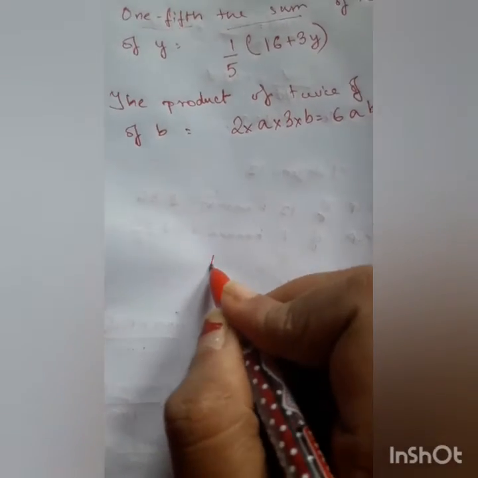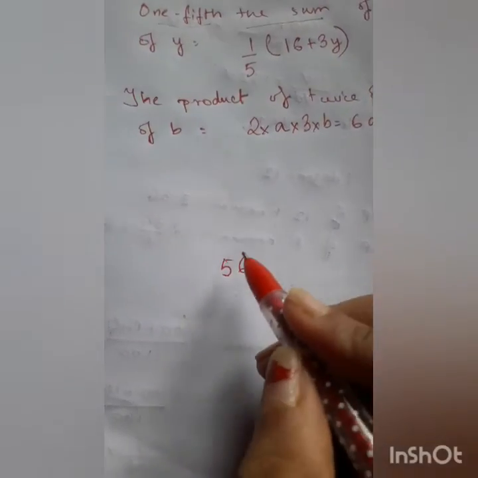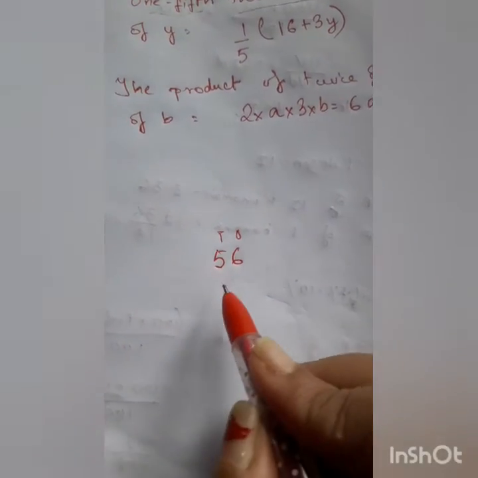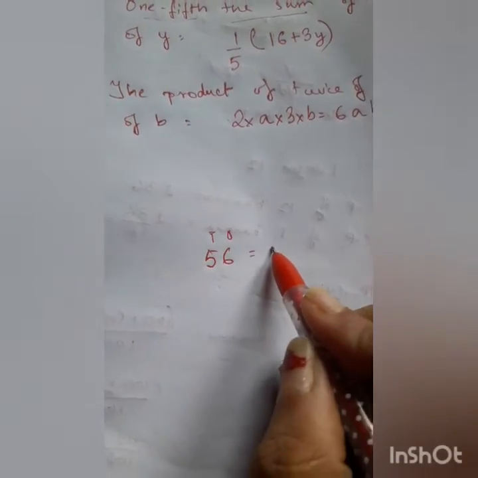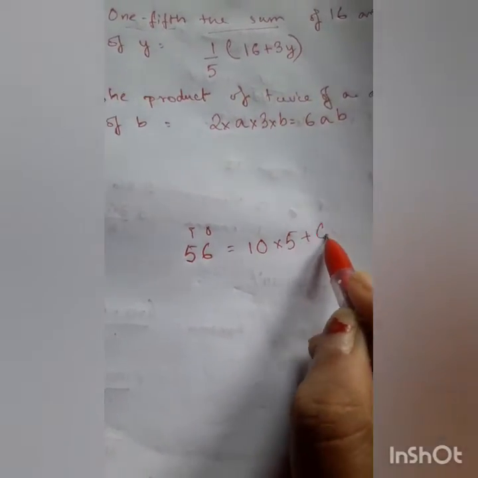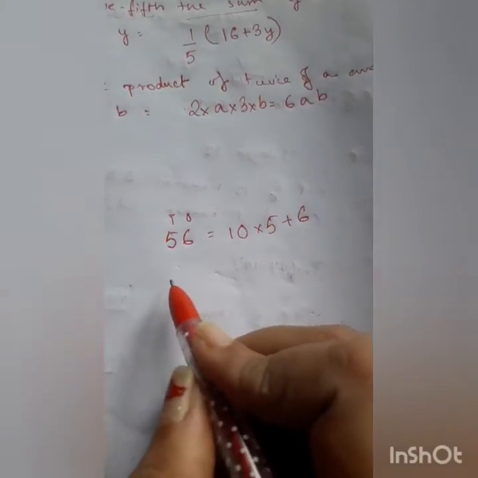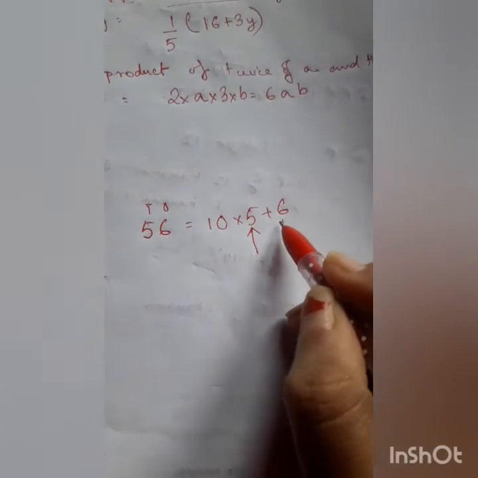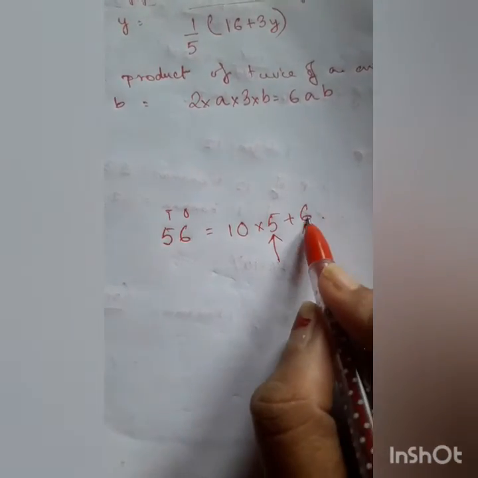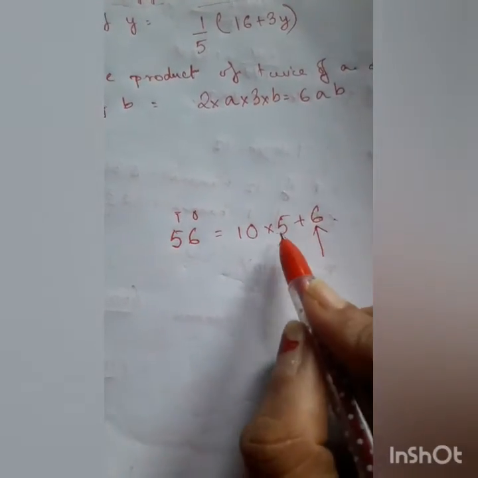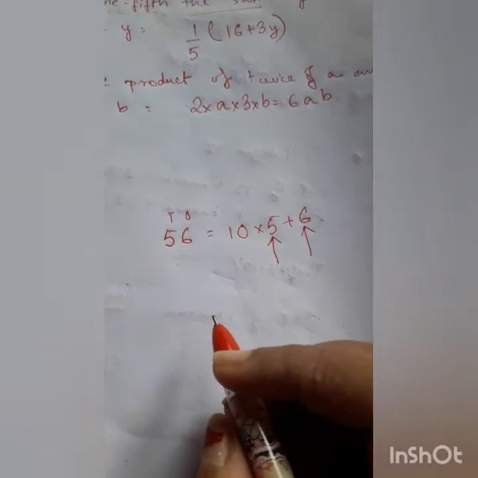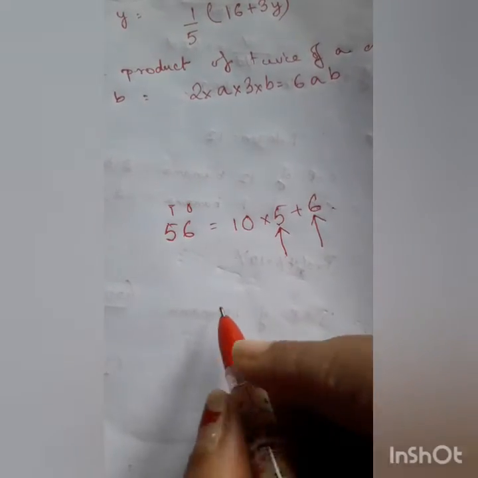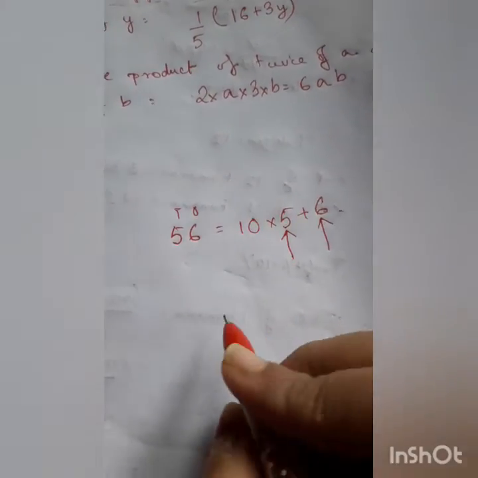Framing of a number. Say for example 56 is a number, right? Its ones digit is 6. Its tens digit is 5. So if I write this in expanded form, then I will write 10 into 5 plus 6. This is its expanded expression, right? So the tens digit is coming over here and the units digit is coming over here. The ones or units digit is added as it is, and the tens digit will be multiplied by 10. So when you are asked to write a number, then the number's digits I will take as x and y.